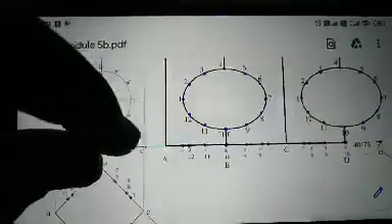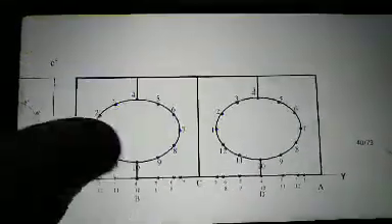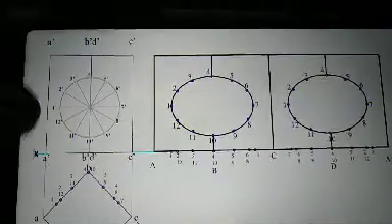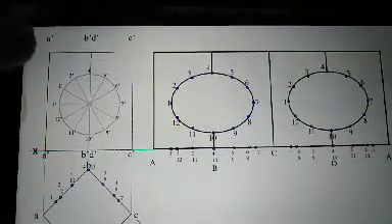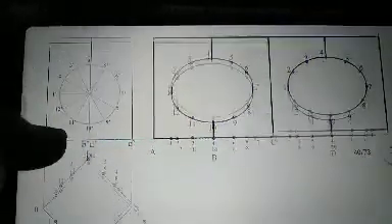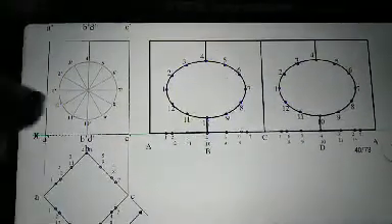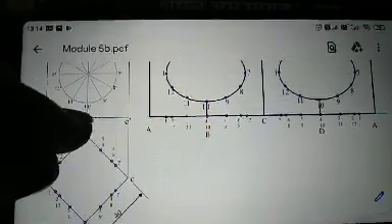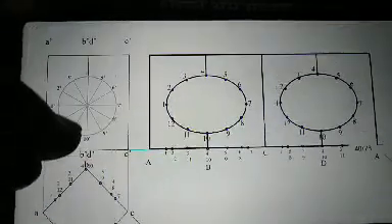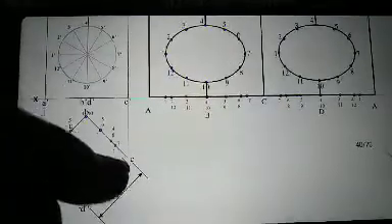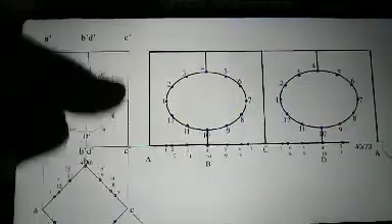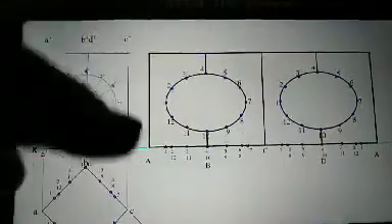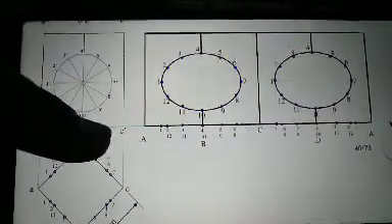Now for the front view, first of all draw line A dash. Take the projection of A in the front view, and you will get point A dash. Take the projection of B and D, which are in one line, on XY, and draw a vertical line BB dash. Again, take C on the XY line, you will get point CC dash, and draw this rectangle. Okay, you will get the front view of the square prism.